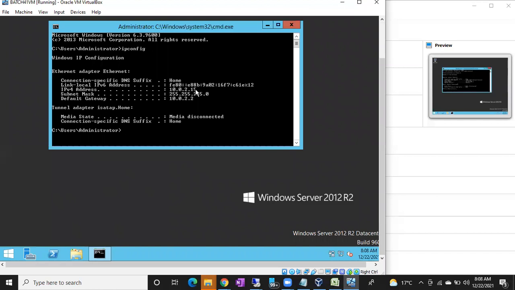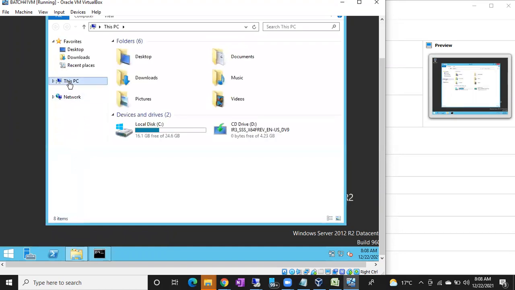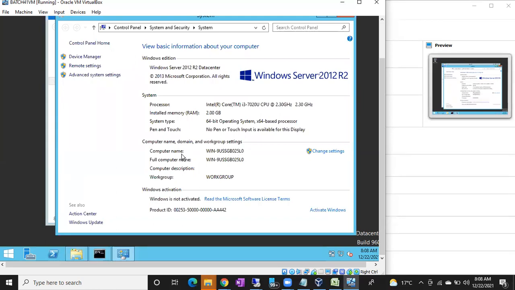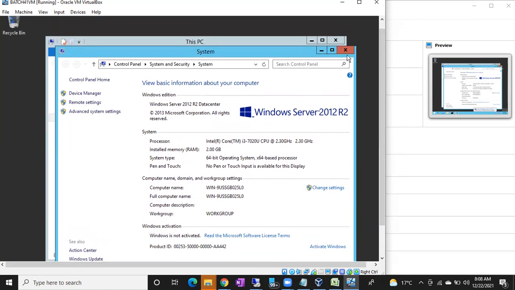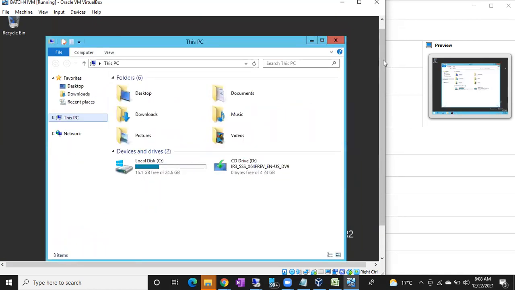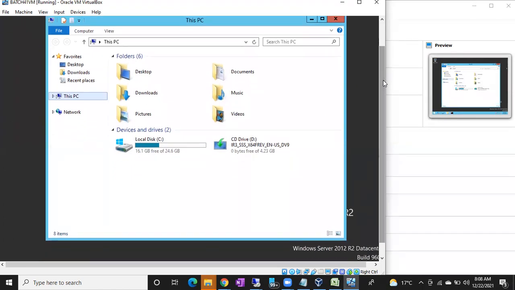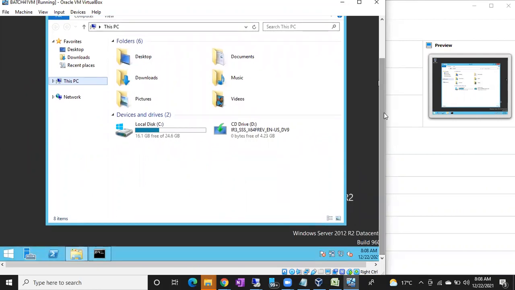And computer name, how can we find out the computer name? We can find out in two ways. One is the command hostname. You can see the computer name, or server name. Or else you can go to this PC, open properties, and there you can see the computer name. In these two ways you can find out the server name: either by using the hostname command in the command prompt, or through the GUI, by going to this PC properties. That is how we find out the server name and IP address.